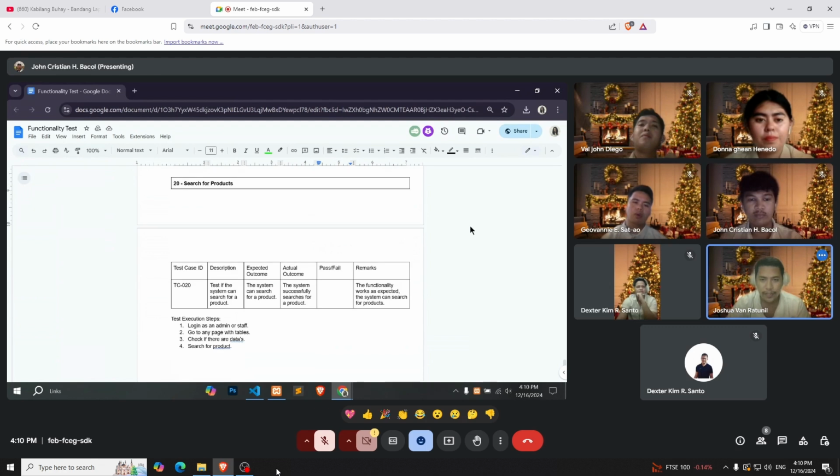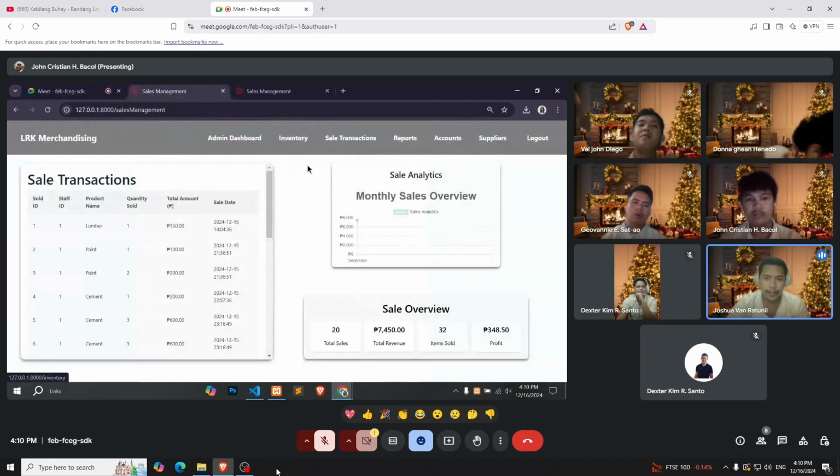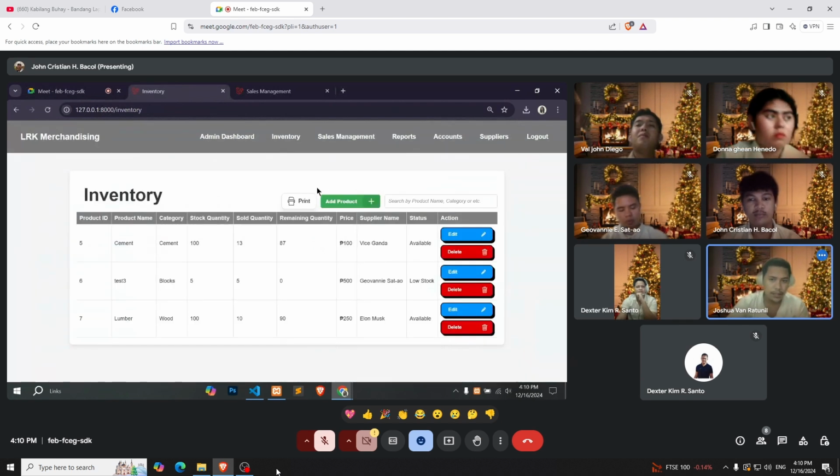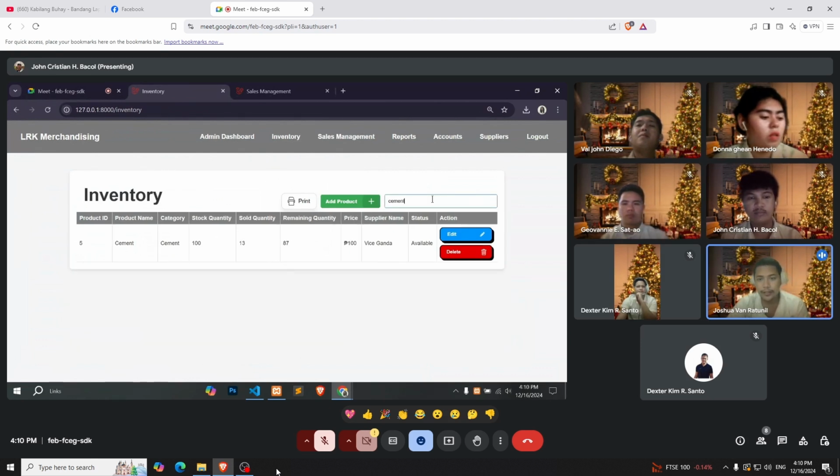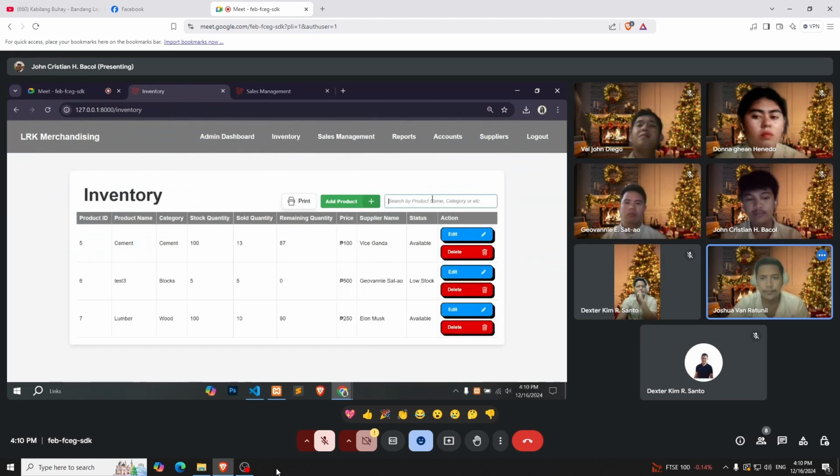Test execution steps. First, log in as admin or staff. Go to any page with tables. And then, check if there is data. And then, search for a product.